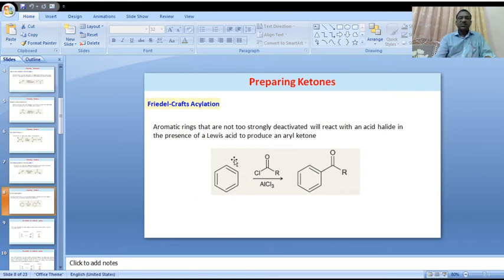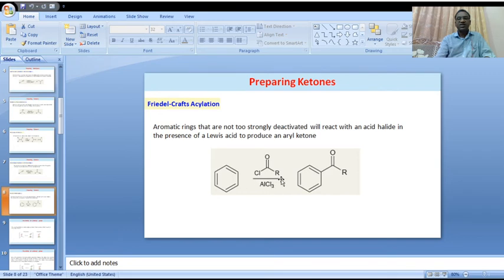Aryl ketone. Here, benzene, the aromatic cyclic ring, is the starting compound. The benzene aromatic ring reacts with the acyl chloride. Here,